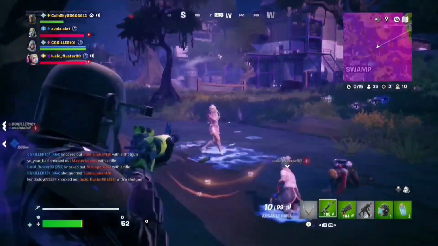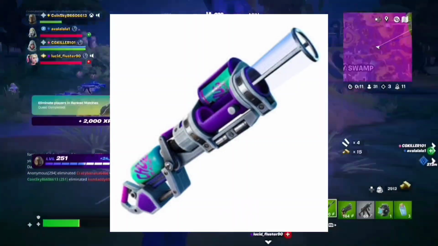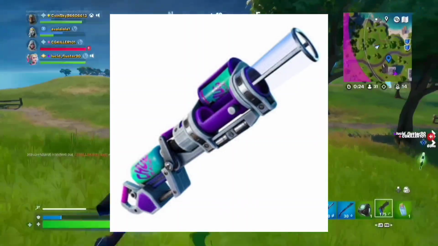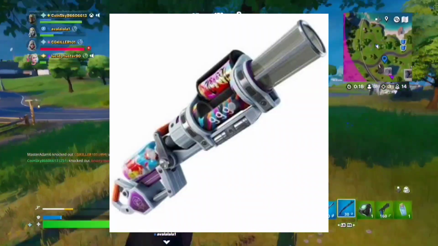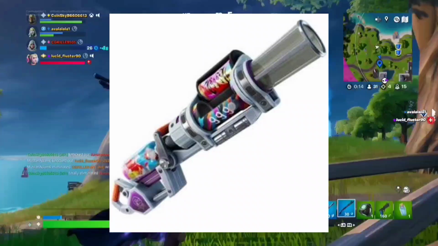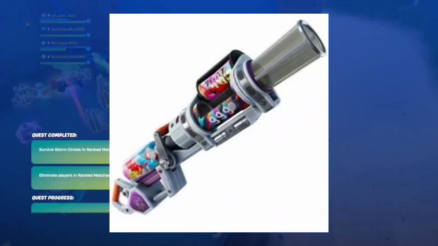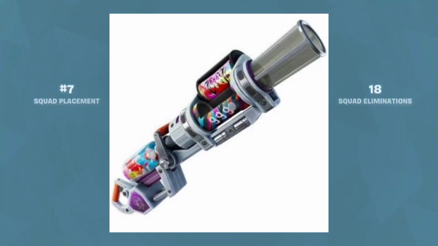At number 20, we have the Chug Cannon. It takes up 2 item slots and heals for 15 HP per charge. At number 19, we have Juice WRLD's Chug Cannon. Whenever you use this, it gives you the Hop Rock effect and gives you 15 HP per charge,